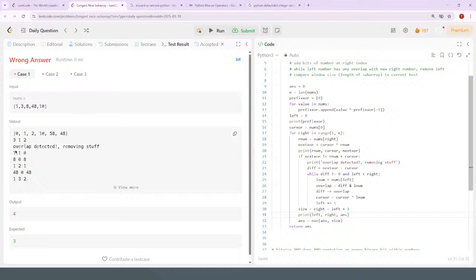So left is 1, right is 1. Answer should be right minus left plus 1. And why is the answer 0 at that point? Actually, why is the left